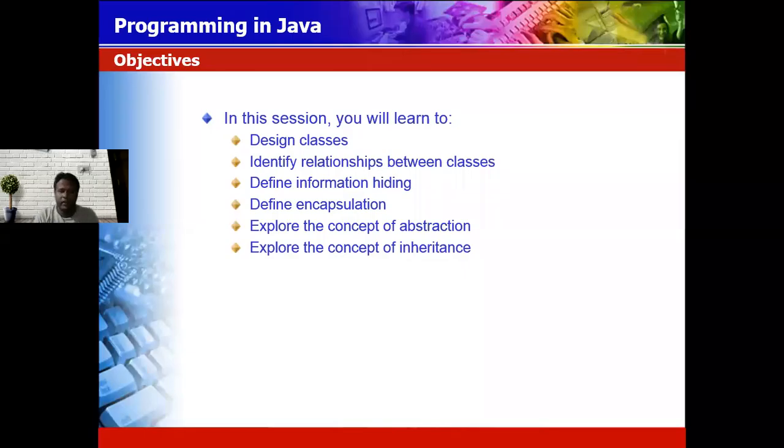Today we start with the relationship that is present between the classes. So it is a part of your object orientation concept. So we have to find out what relationships are present between the two classes.